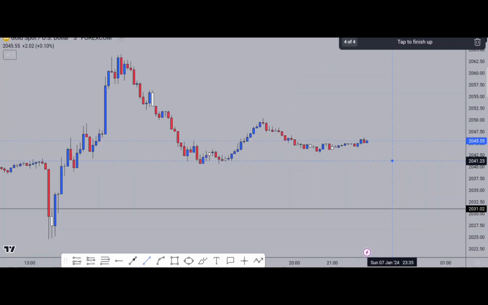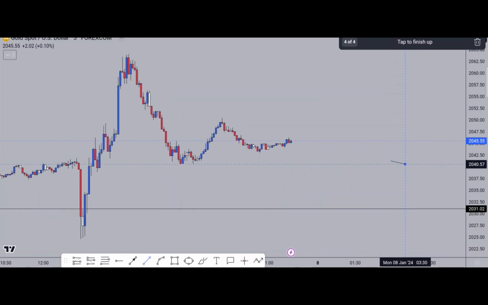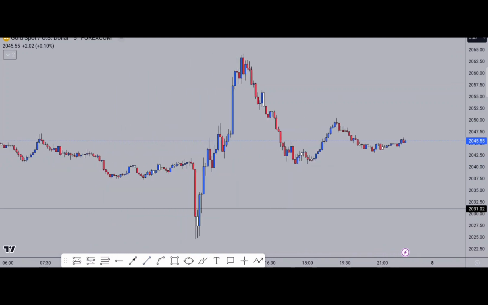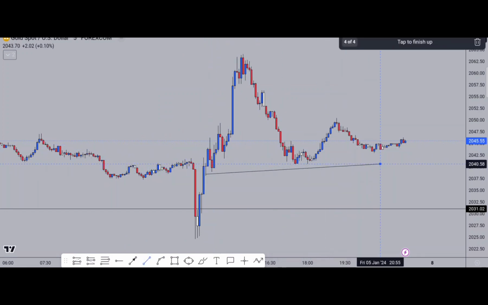So usually I don't actually live trade on a Monday. I will use Monday to set my true bias for the week. This is just looking at the chart and seeing what I may think is going to happen, but you know, gold isn't really giving me much at the minute. Not in the way of, I mean, maybe